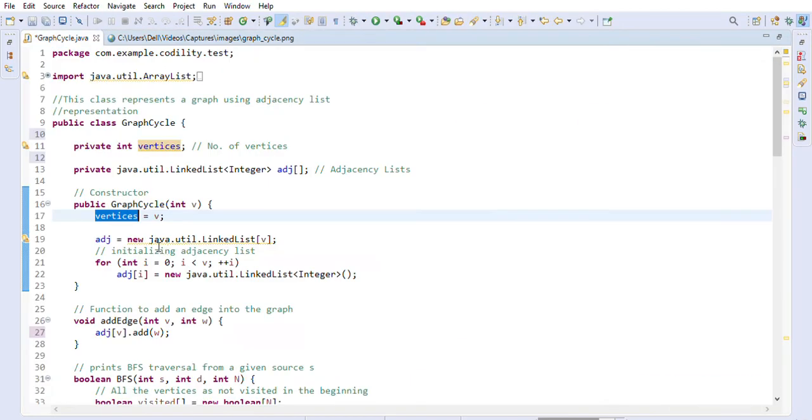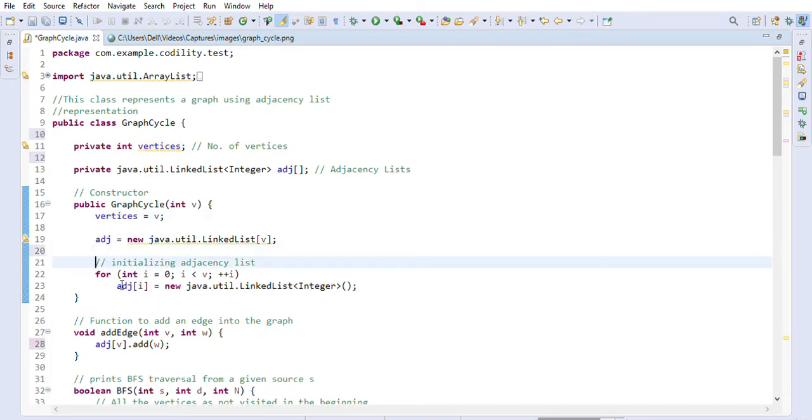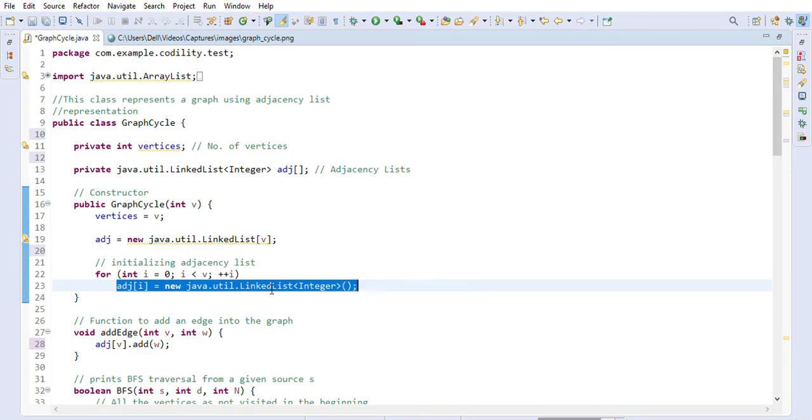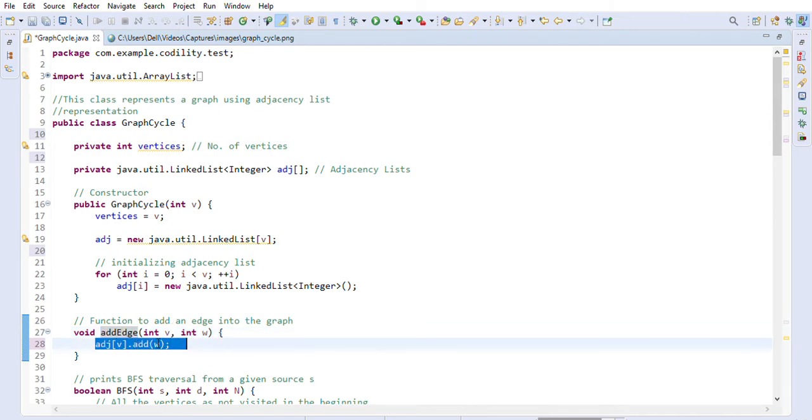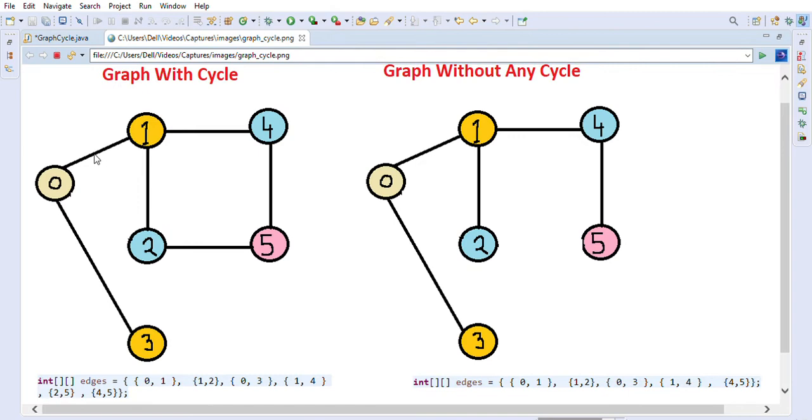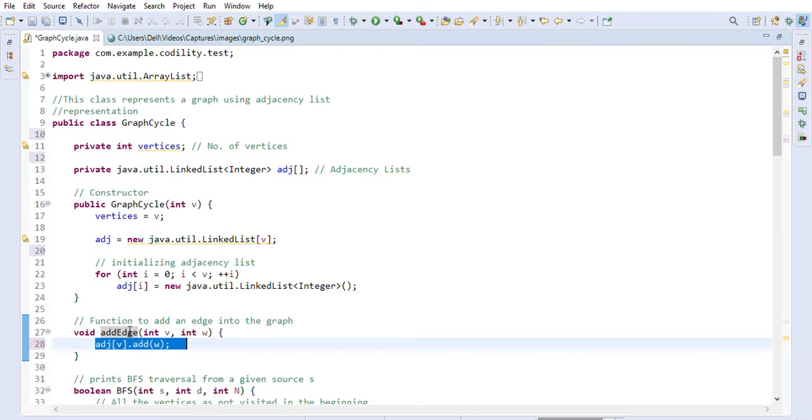Then we are initializing the adjacency list as an empty list, and this adjacency list will be populated by the addEdge function, where we will be adding an edge from, let's say, 0 to 1 or 0 to 3. So these things will create and populate our adjacency list here.